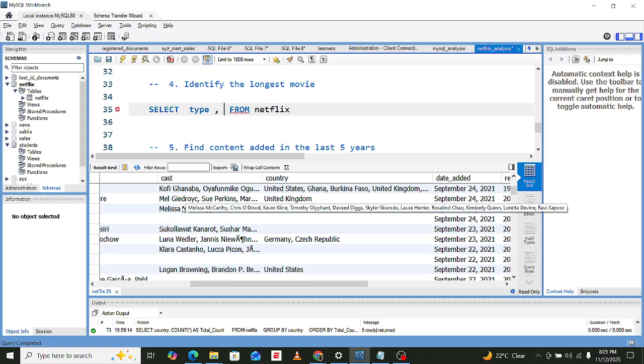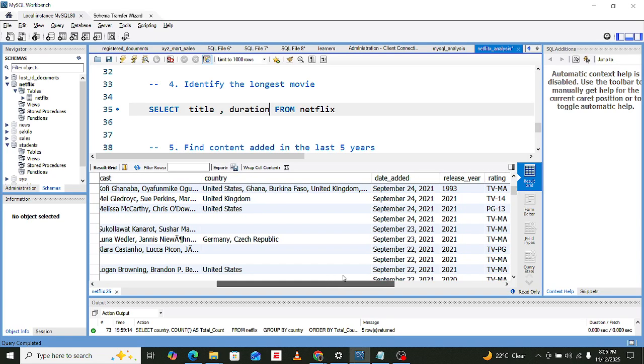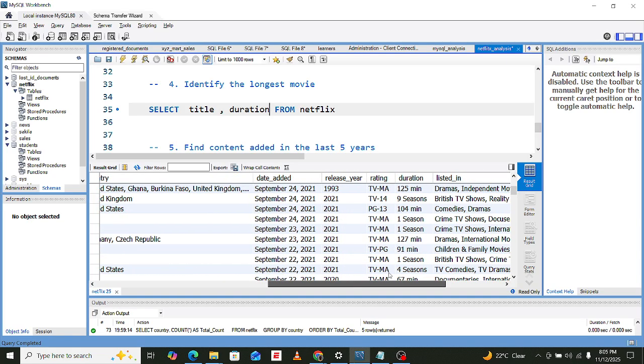Select title, comma. Yes, title. Duration underscore minutes. Is it really underscore? Do you have underscore? I mean, it's just duration. It's just duration, yeah.